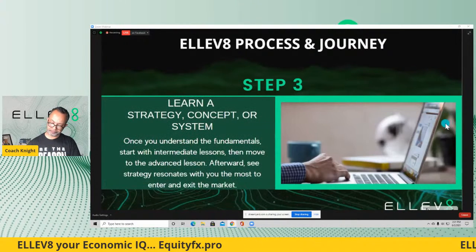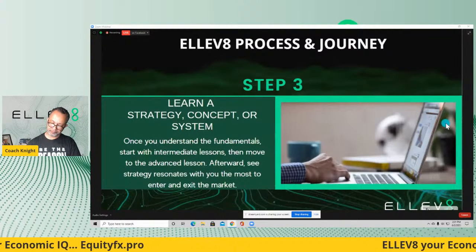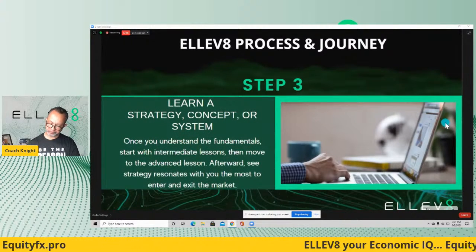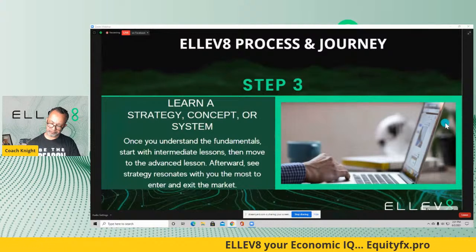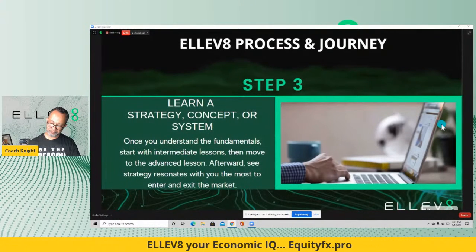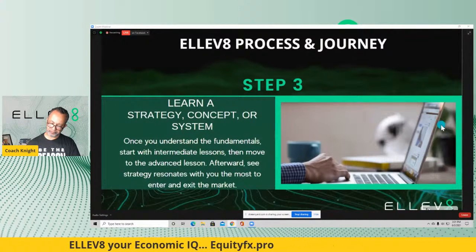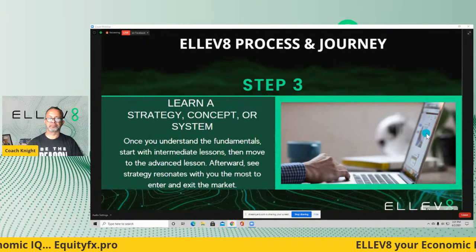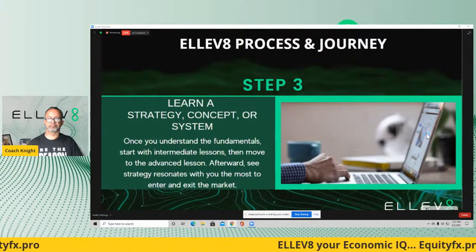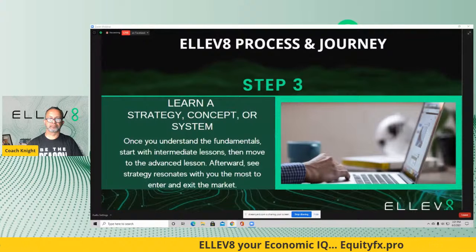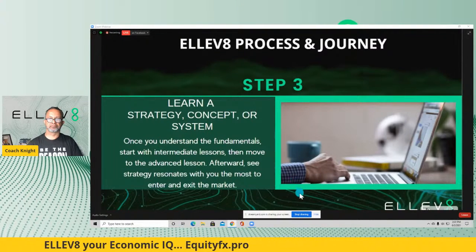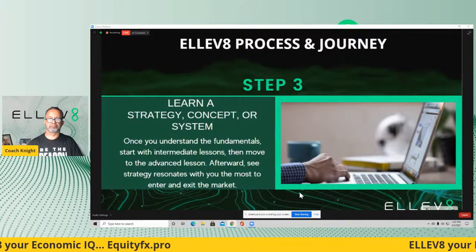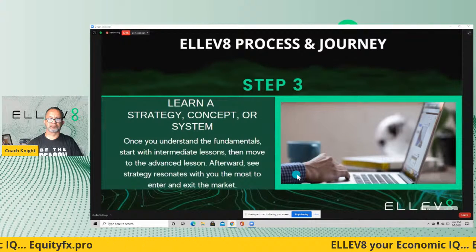Step 3, learn a strategy, concept, or system. Once you understand the fundamentals, start with the intermediate lessons, then move to the advanced lessons. After you see a strategy that resonates with you the most, you'll have that strategy to help you enter and exit the market. So once you finish the beginner's basics, you're going to learn a strategy,